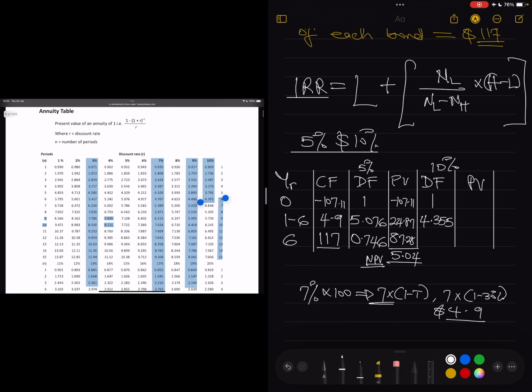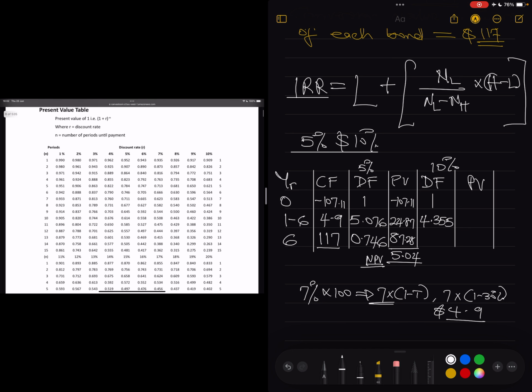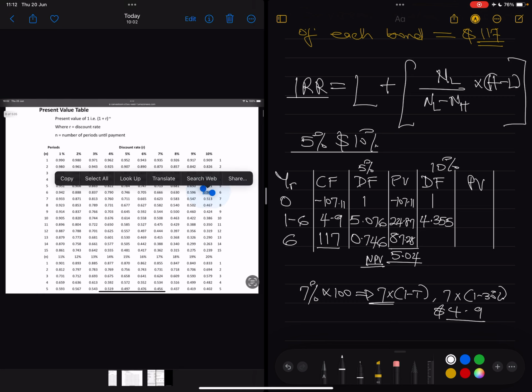4.355. Then we'll go to PV. 10%, 6 years, that's a 0.564. Yes, so now let's get a PV. This remains minus